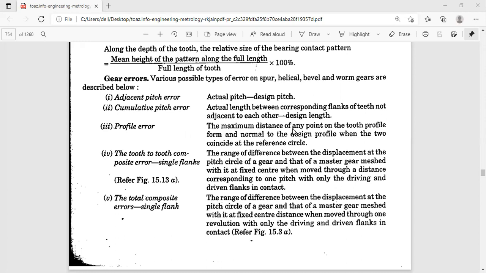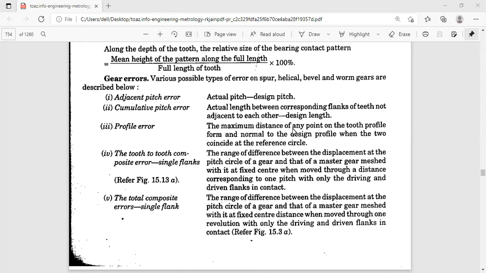So like that we can have, and the tooth-to-tooth composite error is the displacement at the pitch circle of a gear. So whenever you are rotating the gear, the distance or the displacement which is there at the pitch circle of a gear. So you try to compare this, because in that particular instrument, if you discuss the diagram, we'll compare our particular gear which is manufactured with that of a master gear.